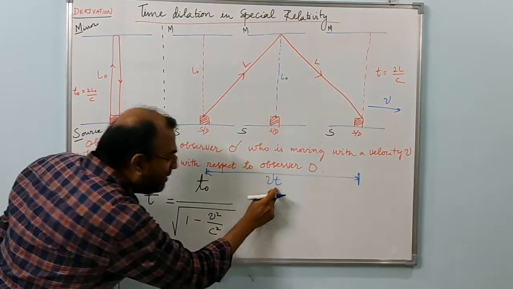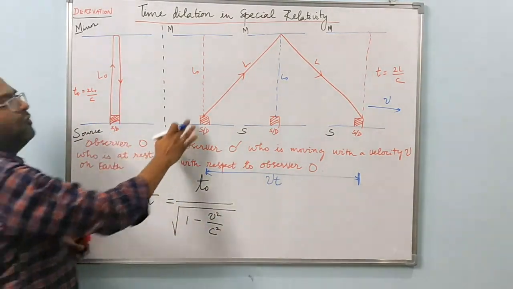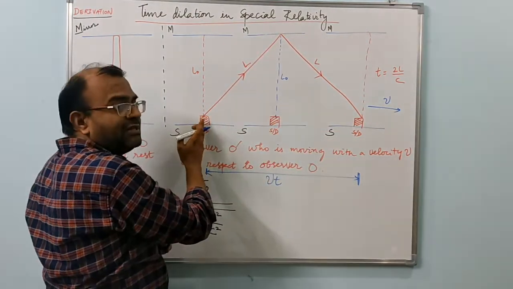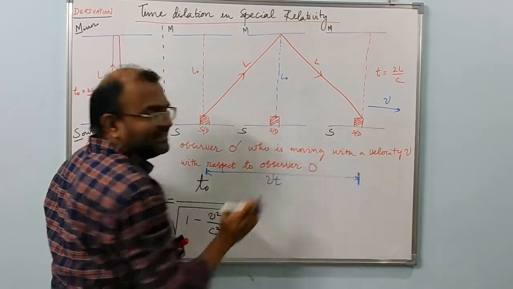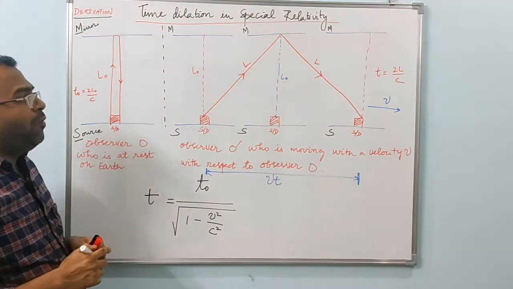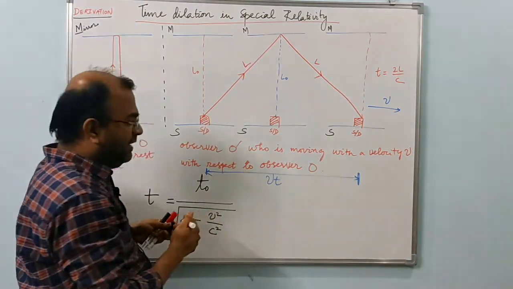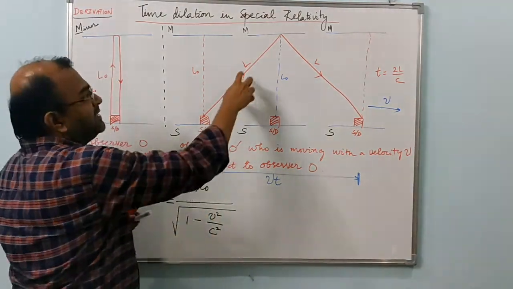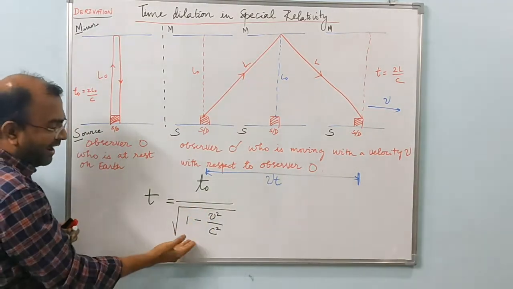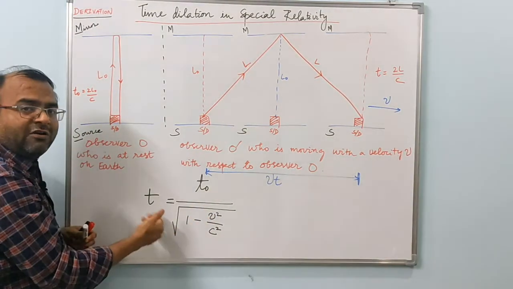And this time is, according to observer O, the time taken by this beam to travel from the source back to the detector. Right. Now we can write a simple expression for this L and then try to derive the final result for time dilation